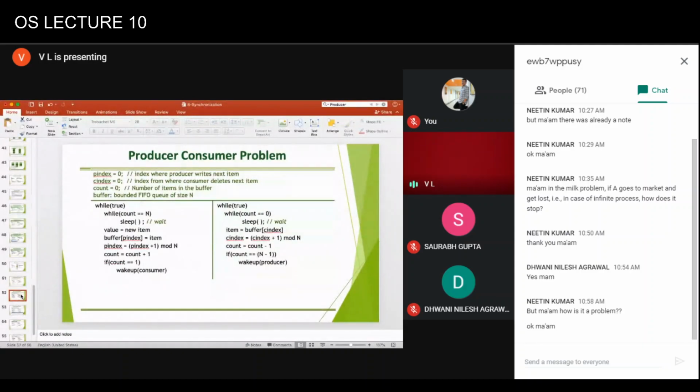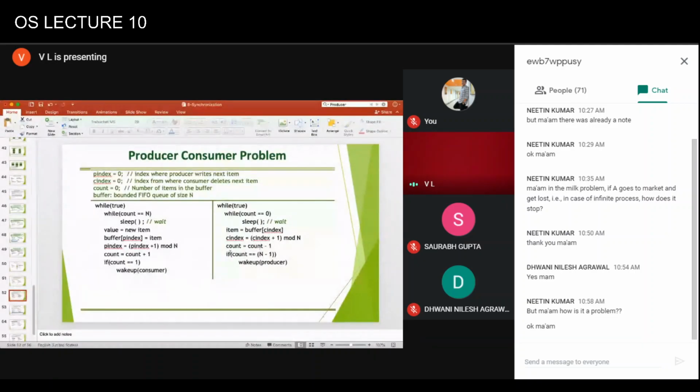One of the solutions proposed in Modern Operating Systems by Tanenbaum is this. When the count becomes n, the producer goes to sleep, and if the buffer is not full, the producer will write and increment the count. When the count becomes 1, it will wake up the consumer. This is again not a good solution, because count is still not protected.